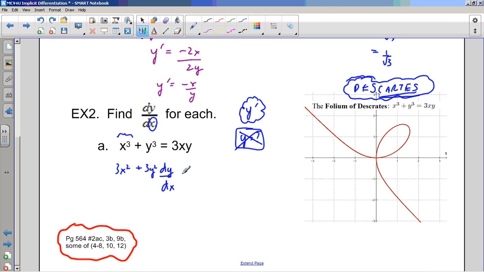Now, what I got on the right hand side, I could think of this in two pieces. I could think of this as a product rule, right? Where I've got two functions, one that's 3x and one that's this y, which we don't know explicitly, but we don't really care. So I'm going to take the derivative of the first thing, which is just 3, write down the second thing, which is y, plus, because this is a product rule,